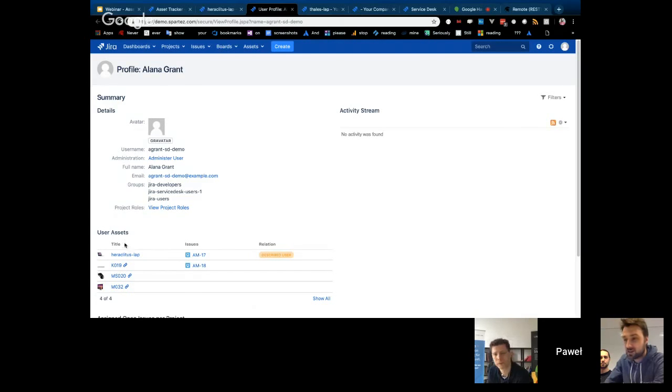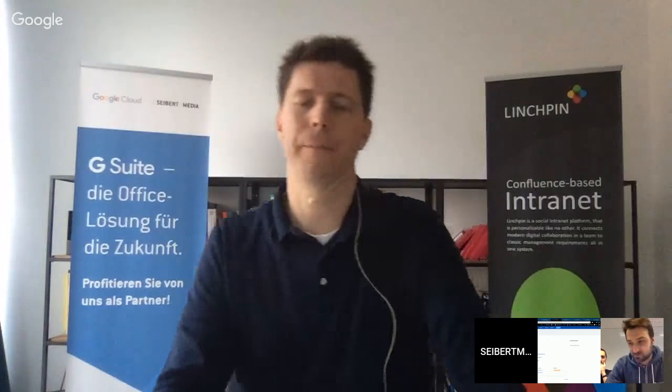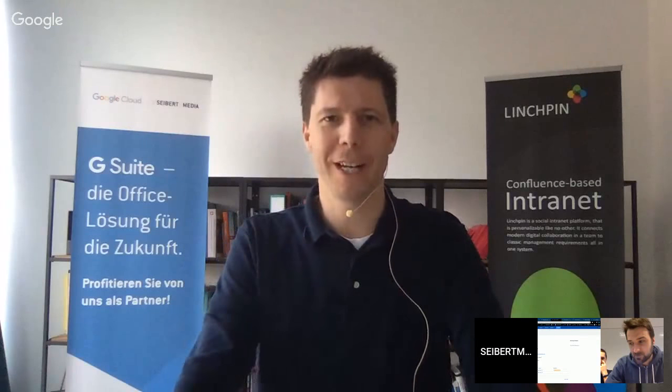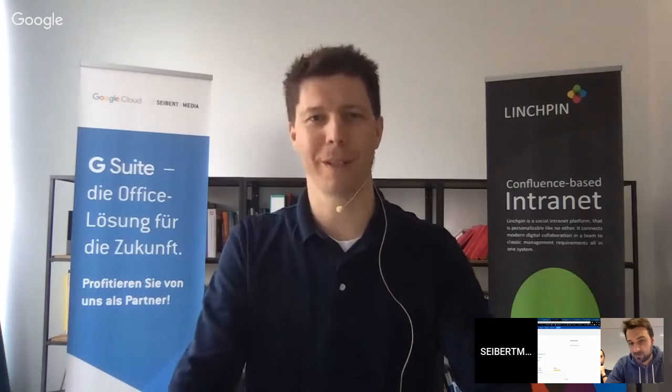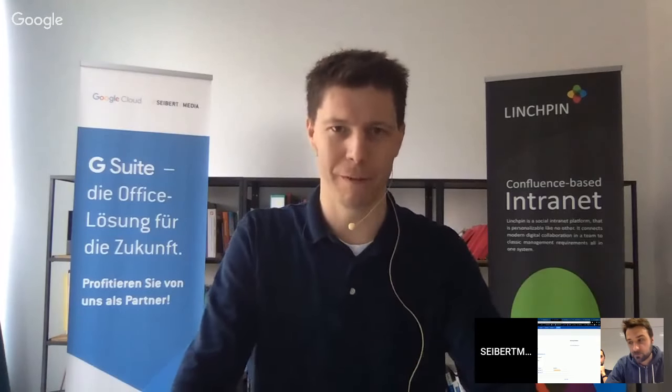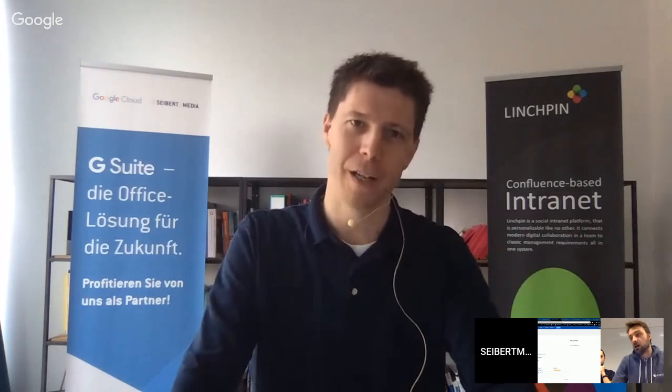But I can see, okay, there are user assets connected to it. So we can see to whom you have connected which assets. I can both from the asset view see connected users, and from the user view I can see connected assets. Yeah, I think Insight probably has that a little bit better from a UI standpoint, but this is probably fully capable of fulfilling this job as well.